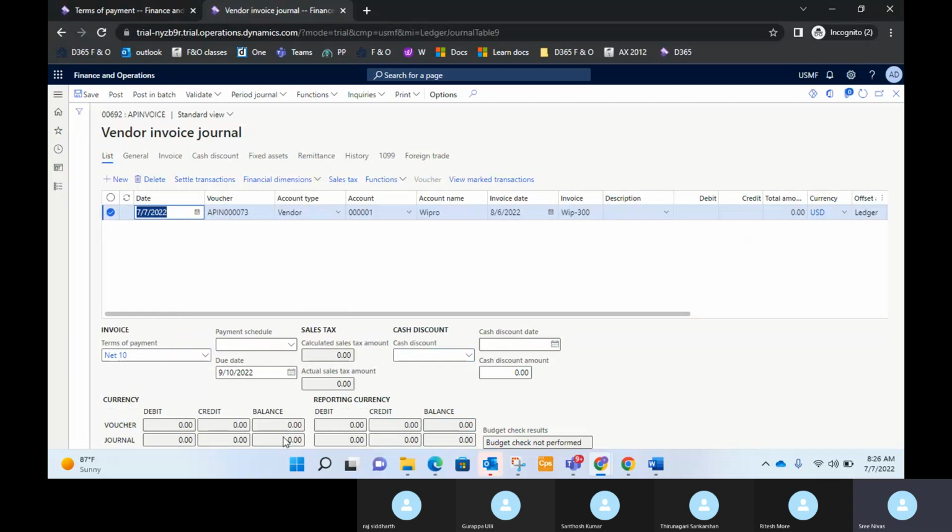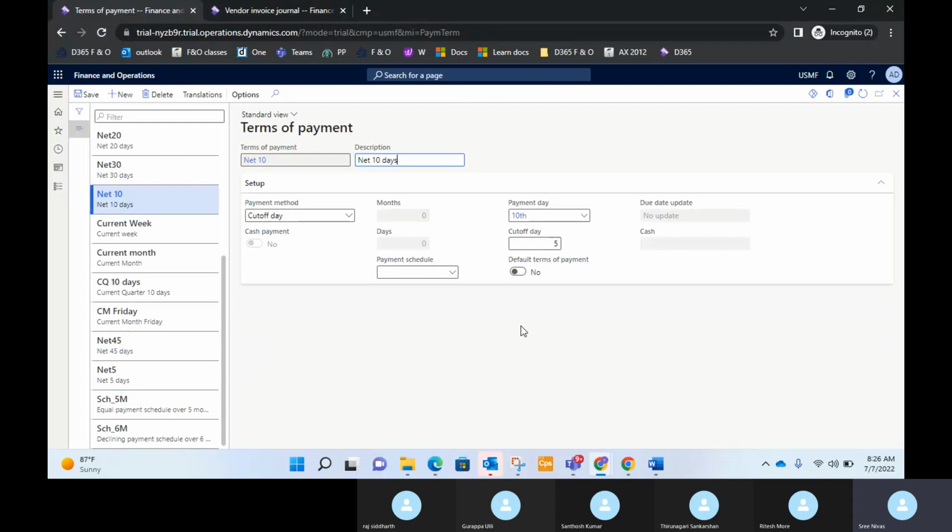So based on the agreement that you have entered, or based on the cutoff days that you have decided within your organization, you can give the cutoff day here. So this is all about the terms of payments. You can explore multiple fields here. Current day and the payment. One more important thing is the payment schedule